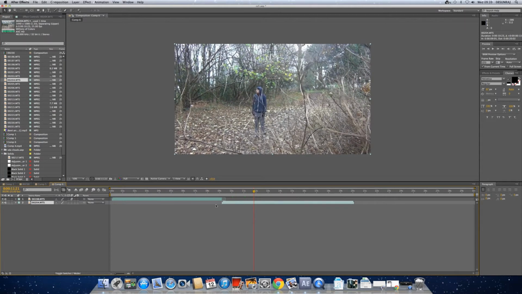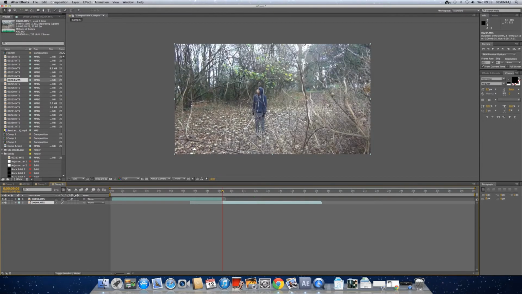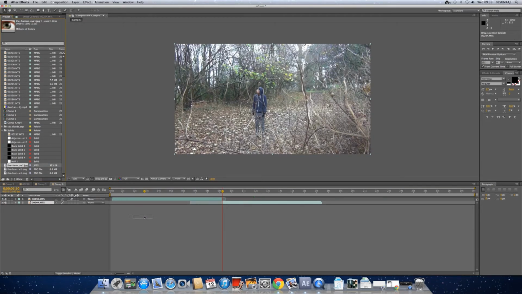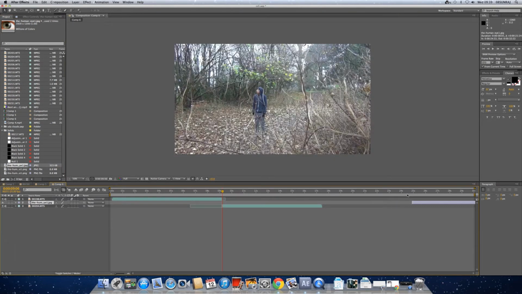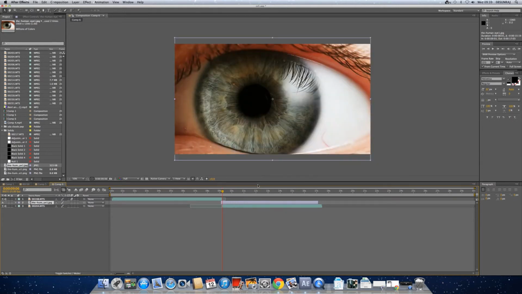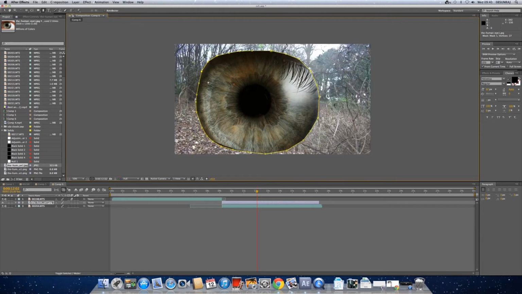Once we've done that, we placed the second scene that we want, the scene where we want the transition to end. So we used this one where the actor is in the dream sequence. And then we found an eye image on Google Images, and we placed an eye on the entire clip. Once we've done that, we used the mask tool and masked around the eye pupil.